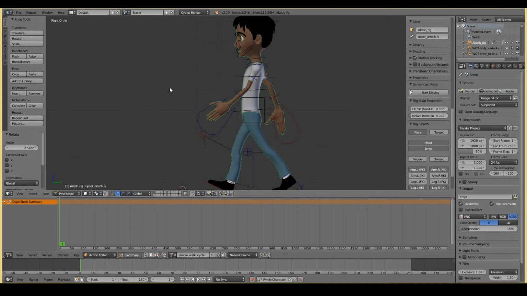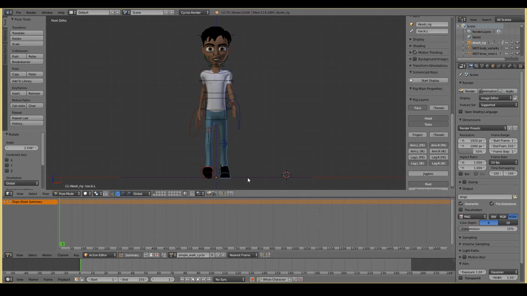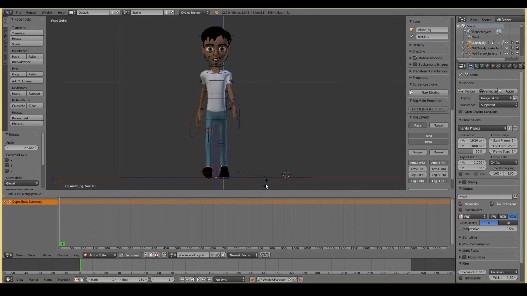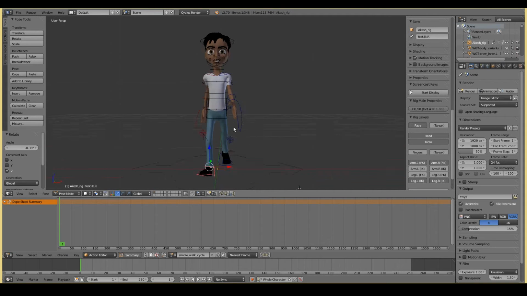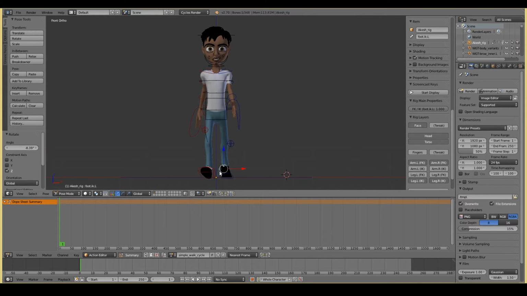Now let's work with it from the front view. So from the front view, we want to probably have the legs rotated in that direction, and this leg rotated in that direction. This is probably a bit of a lesson to learn. Usually when you're doing male, masculine type of characters, you probably want to have the legs further apart, like that. And when you're doing female characters, if that's the center line there, you want to put it a little bit closer to it. Or for exaggerated effect, you can go beyond it.